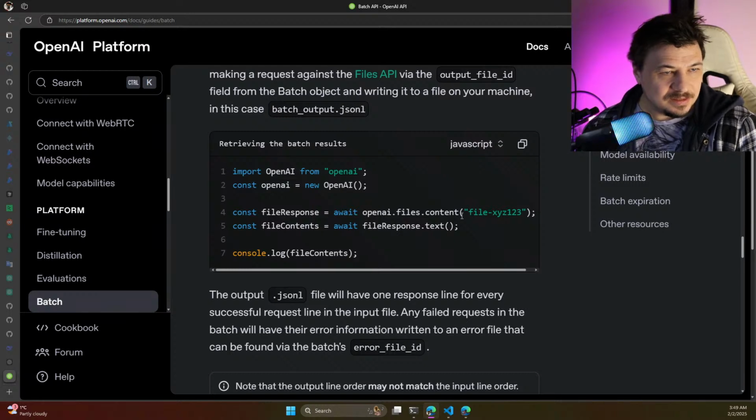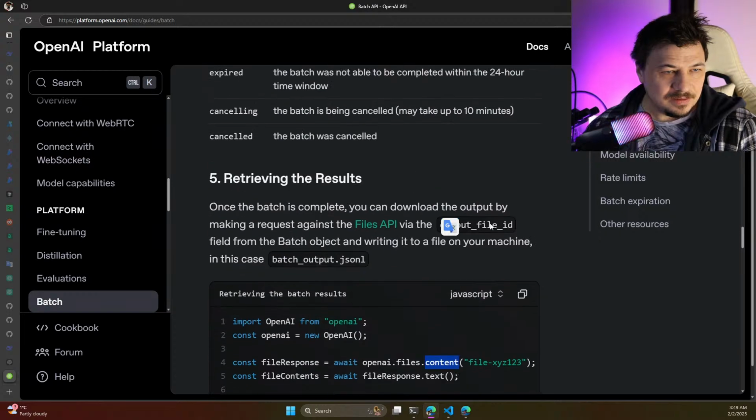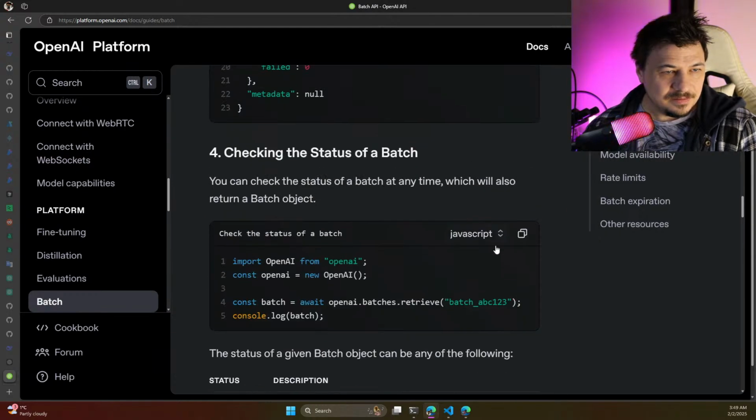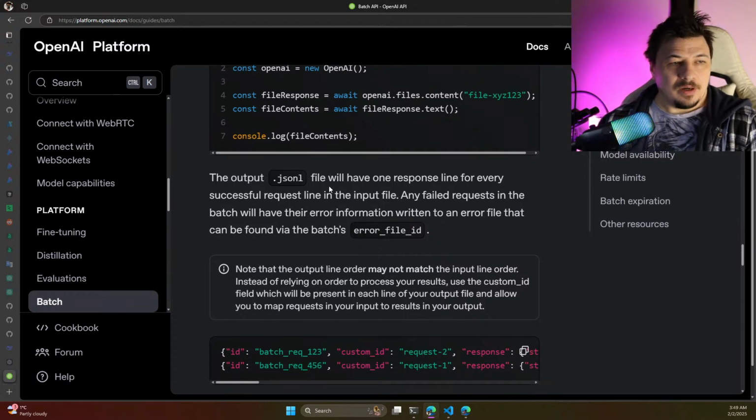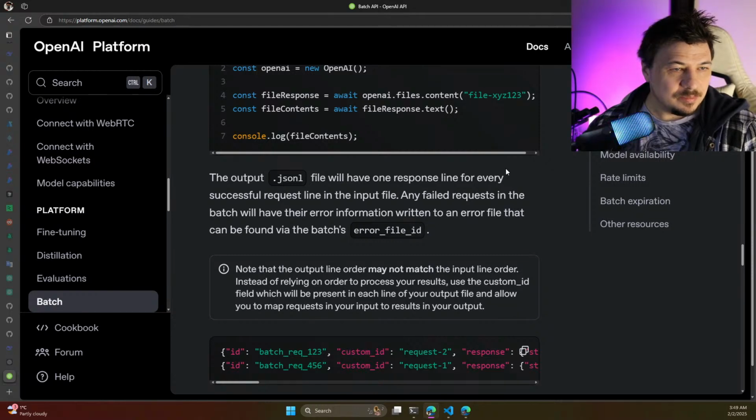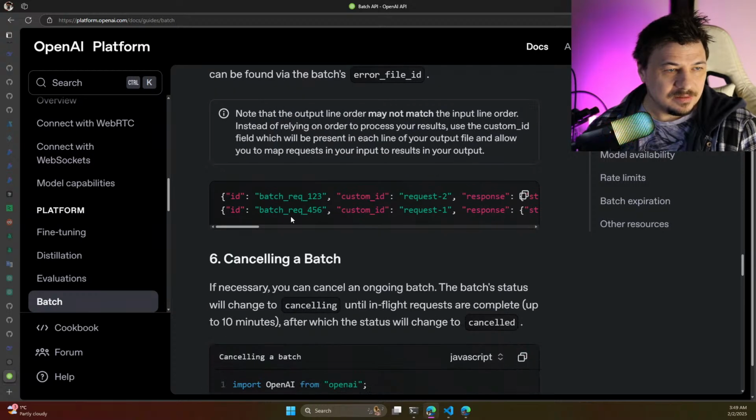Retrieving the results. OpenAI files, content, file. File response, text, log file content. The output JSONL will have one response line for every successful request line in the input file. Any failed request in the batch file will have its error information written to an error file. Okay, so that is the response, chat completion,